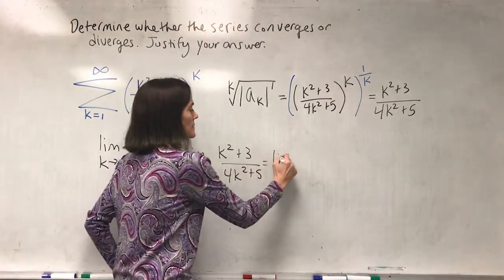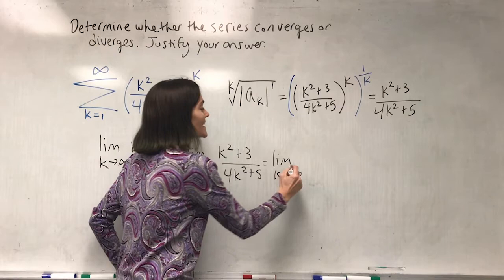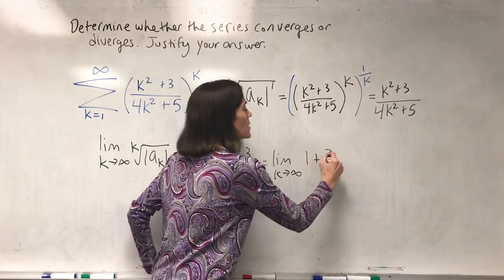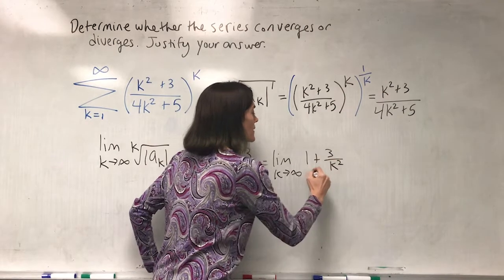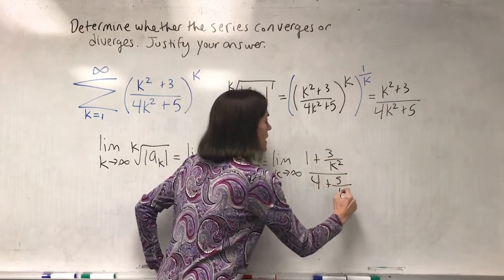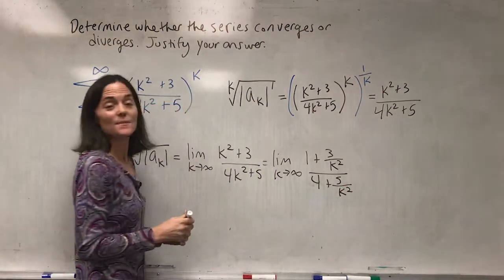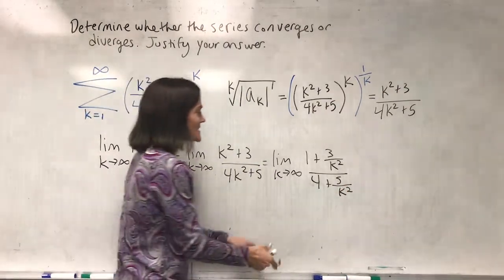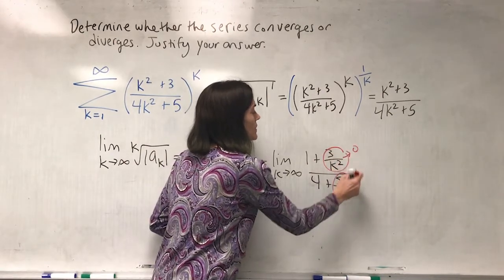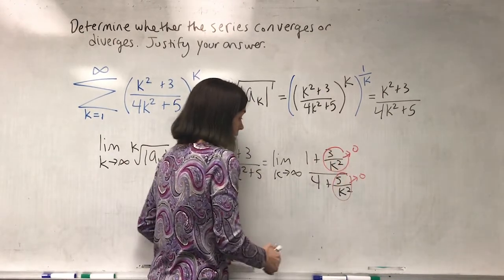You might see it immediately. If not, you can divide everything by the highest power of k that you see, which is k squared. And we get 4 plus 5 over k squared. Now, this limit is 1/4 because this term and this term, they both go to 0. My limit is 1/4,